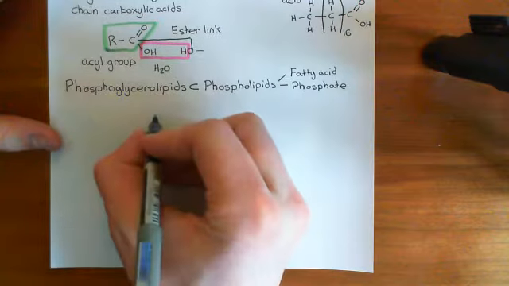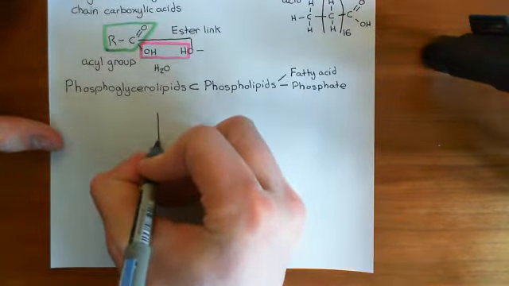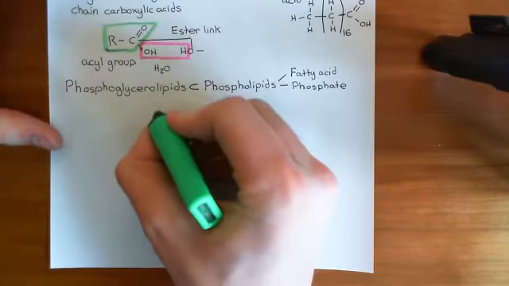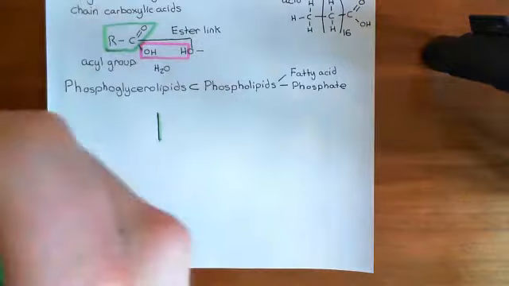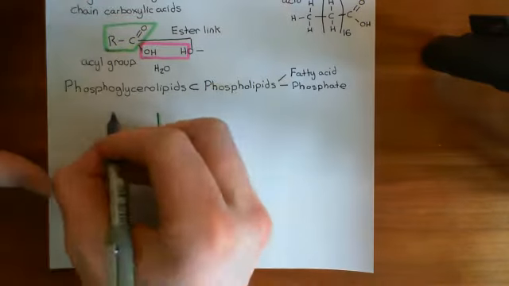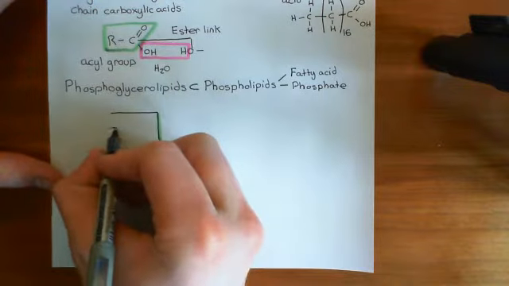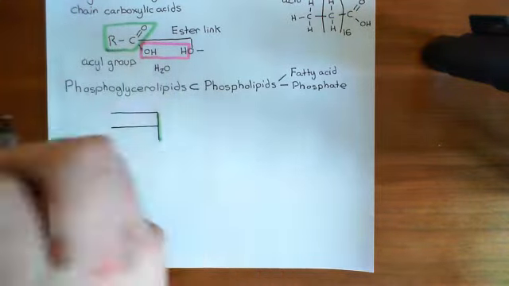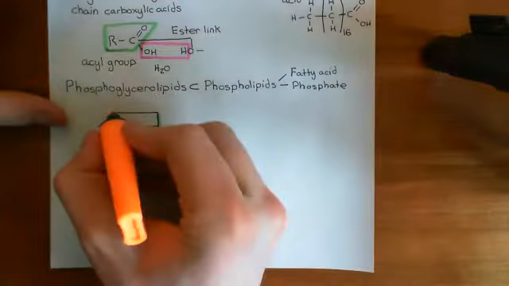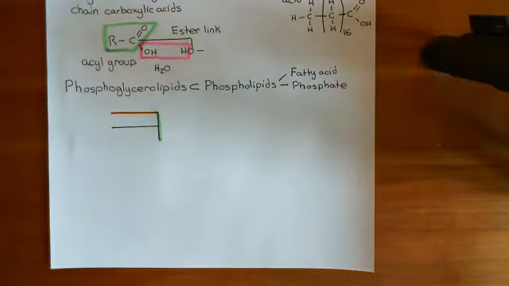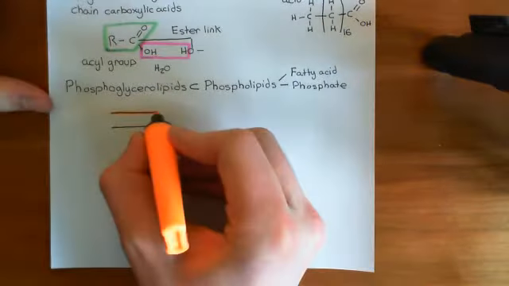So basically, once again, they are based on a glycerol molecule. As their backbone structure, you have a glycerol molecule, which we'll show in green here. Then coming off the glycerol molecule, you have two long-chain carboxylic acids, which we'll show in orange again. So we have a long-chain carboxylic acid esterified to the alcohol group of the first carbon of the glycerol